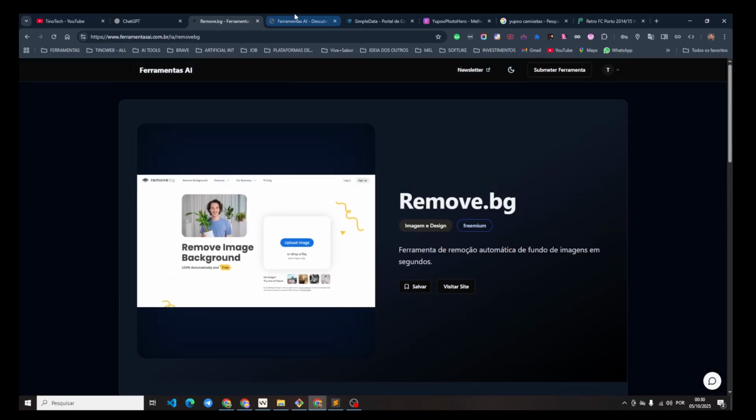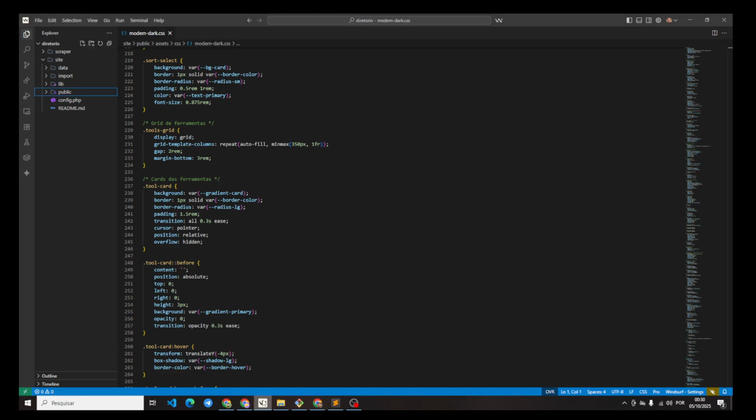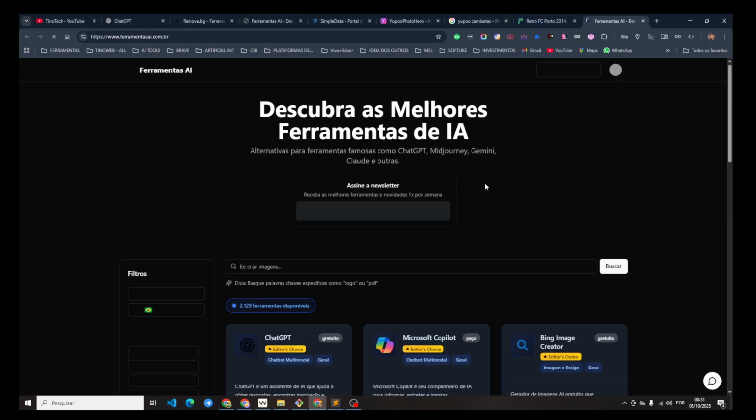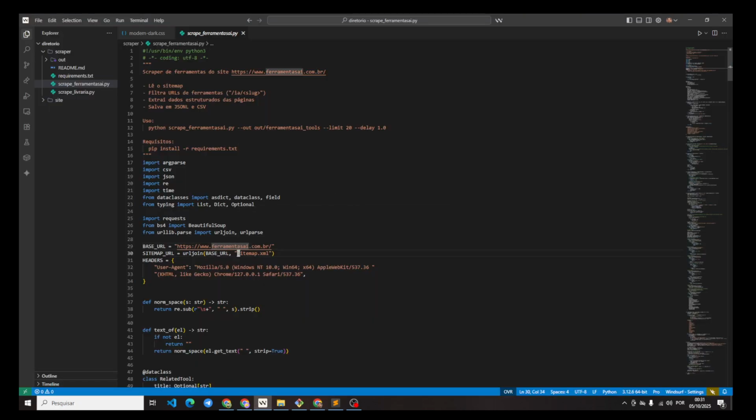So I have done something first. What I have done is I built first a Python ferramentas IA scraping that can come to the ferramentas IA, just this link, and you can find this new URL